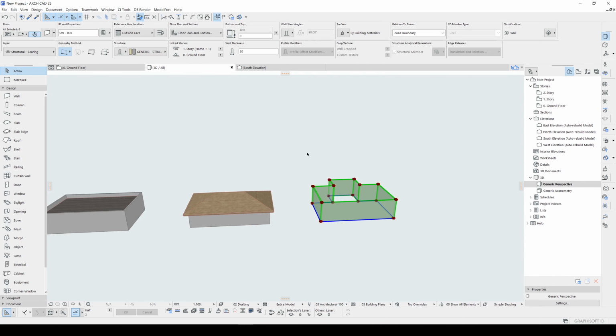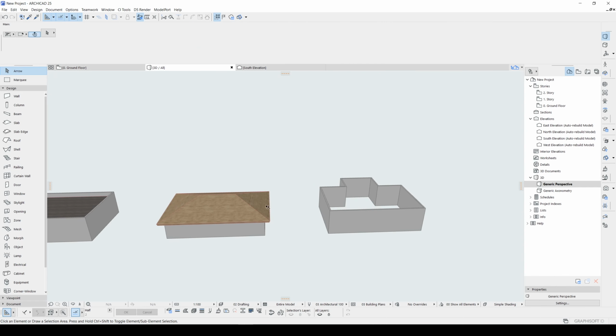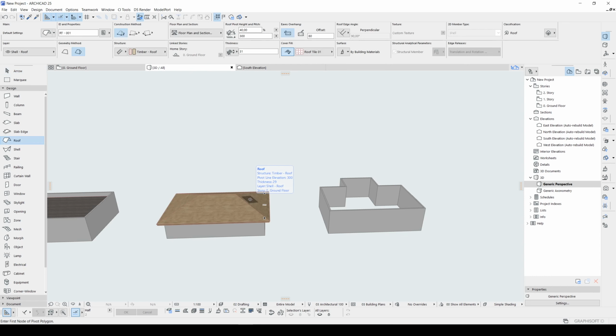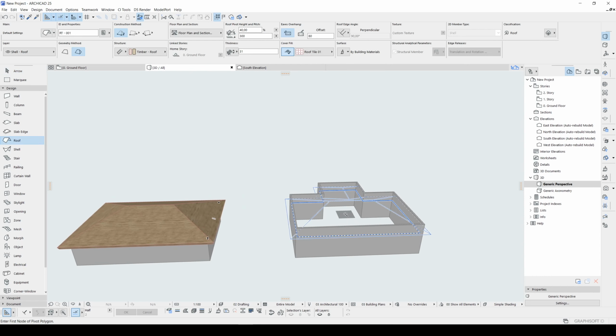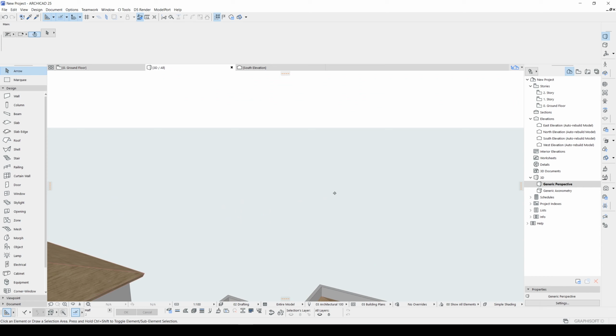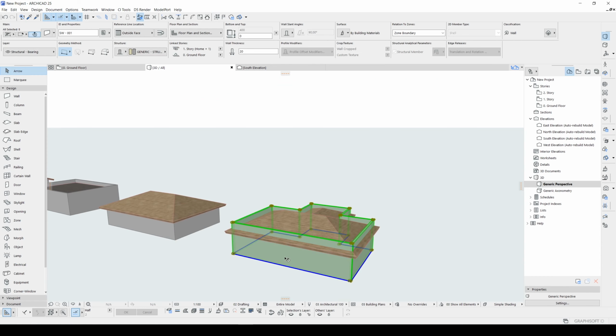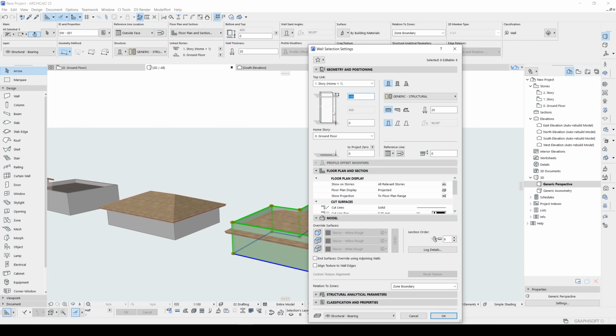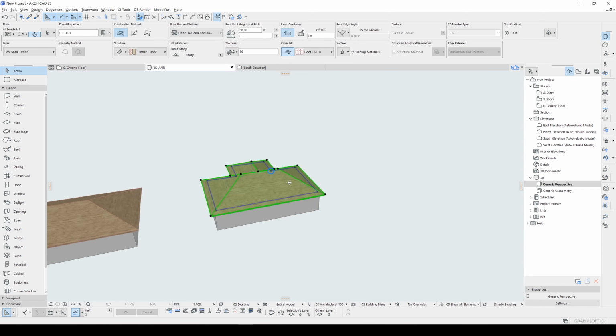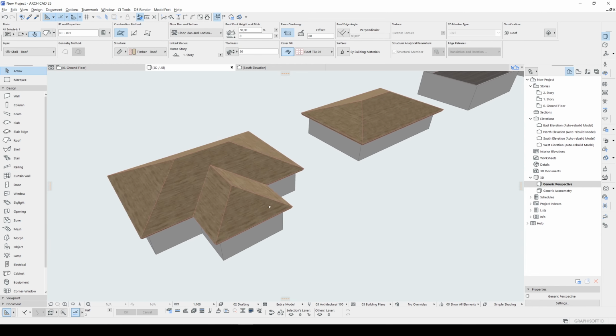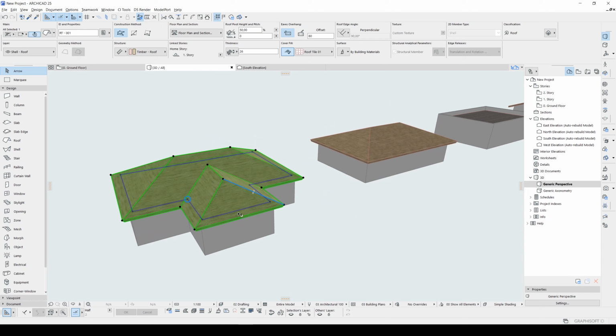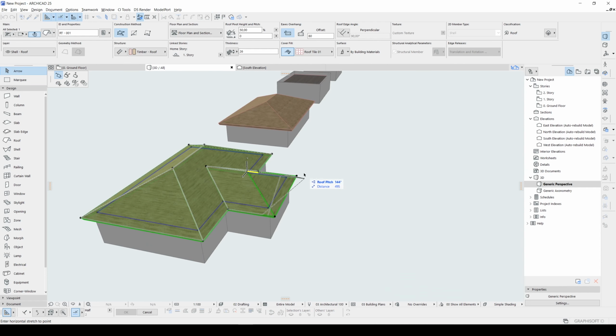And same as before, let's copy this roof with Alt, hit the space, and click inside. I'm going to change the wall height to 3 meters. By the way, this was going to be a valley roof, so we will fix this part. We will click this corner and stretch horizontal reach, and we will match this point to this point.